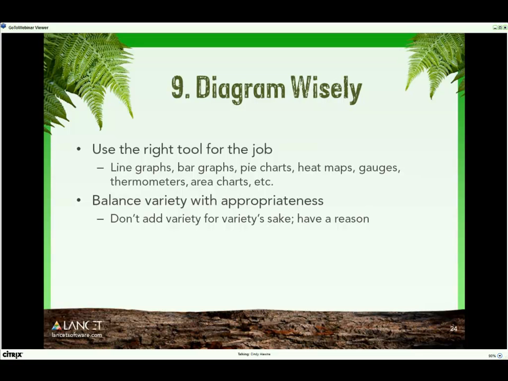We talk about diagramming wisely, and we have specific examples of when to use a bar chart, when to use a line